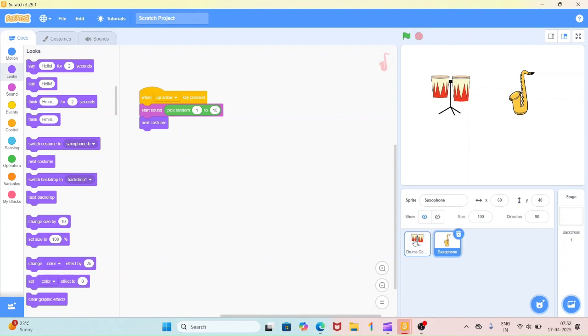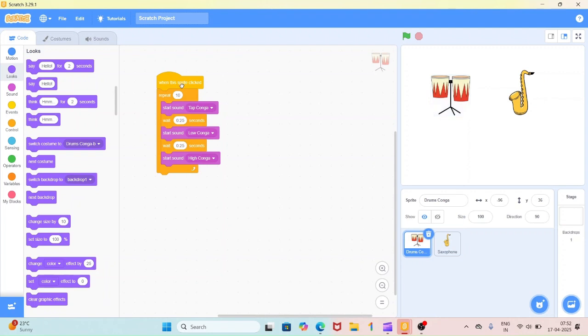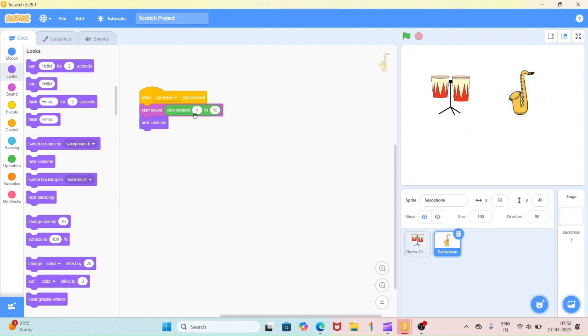So let's go to drums and see the code that we have made. We are going to create this kind of sound or music with our drums. And with the second musical instrument, we'll create sound and music, and along with that we'll also change the appearance of the musical instrument. If you see,